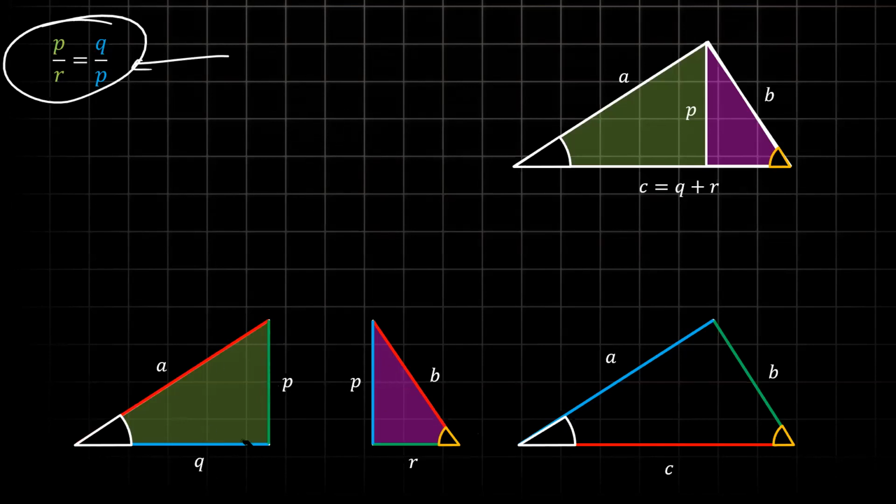I'm trying to confirm this for you guys, but you need to compare. You need to rotate this. You need to visualize this. I'll tell you one last time. This blue side is similar to this Q side. I'm not saying they're the same. I'm not talking congruence at all. P by Q is equal to R by P. Not P by R. P by Q is not equal to P by R. That's wrong.